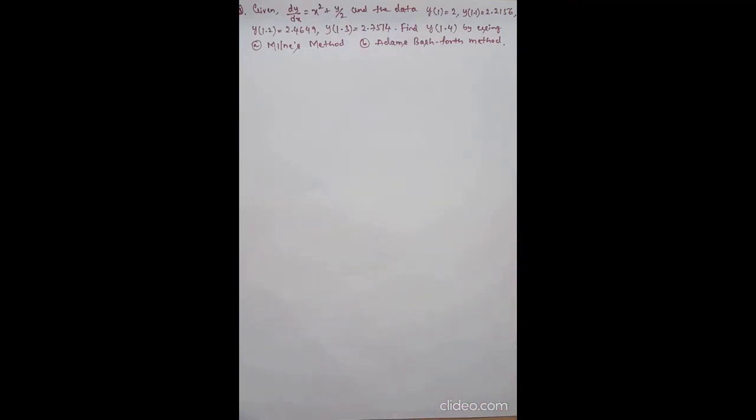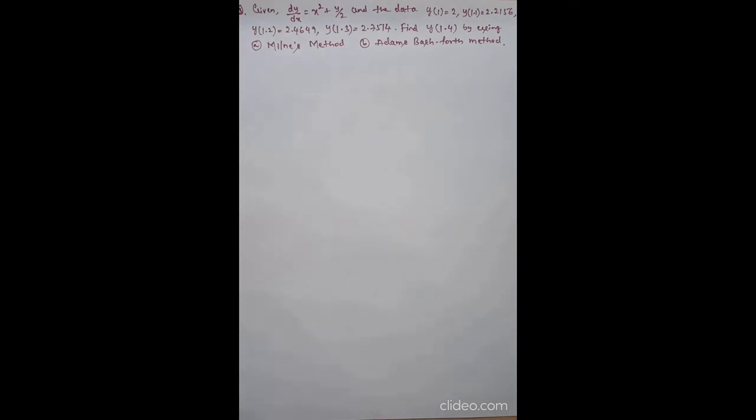So this is the problem we have to solve by using both the methods, Milne's or Adams-Bashforth. Remember, in the exam they are going to ask any one method. Either they will ask Milne's or they are going to ask Adams-Bashforth predictor corrector method. So already you know how to solve a problem by using Milne's method and as well as by using Adams-Bashforth method. Your problem number 1 and 2 respectively belong to these two methods.